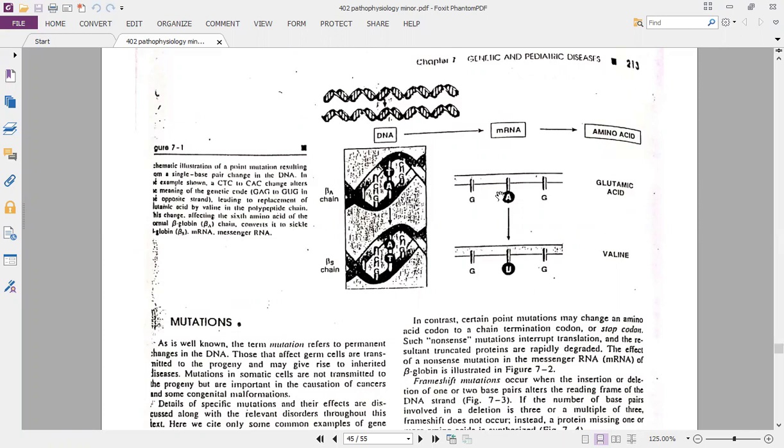In sickle cell anemia, this codon GAG is turned into GUG because there is a change in the DNA. The change causes glutamic acid to not be placed in the polypeptide; rather, valine gets placed, and because of that, the beta chain of hemoglobin is less soluble in cytoplasm and starts to form aggregates, which can be seen in sickle cell anemia.